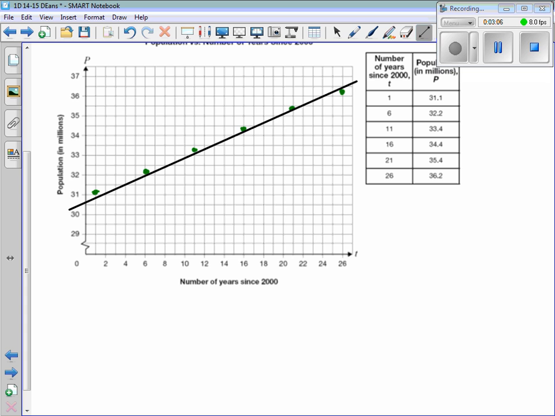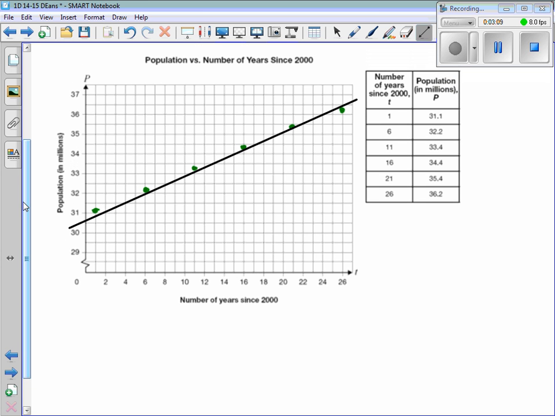Now, as a side note, what's the other way of determining if your relationship is linear or nonlinear if you were given a table of values? What do you calculate from that table of values to figure out if it's linear or nonlinear? Somebody must remember this. Abby. The finite differences. So we could calculate our finite differences. We would start at the bottom and work our way up. And what we would get is 0.8, 1.0, 1.0,